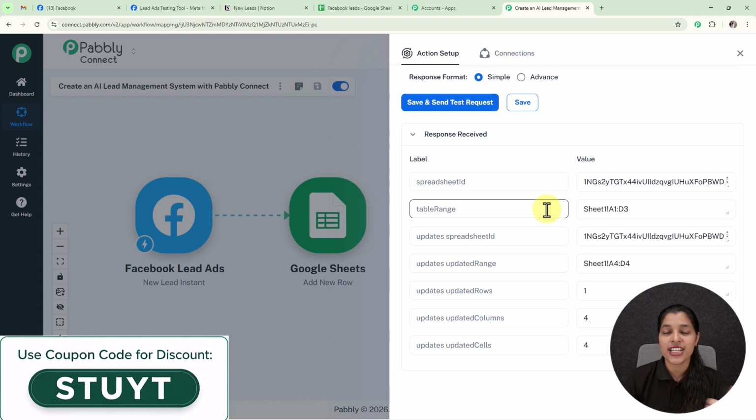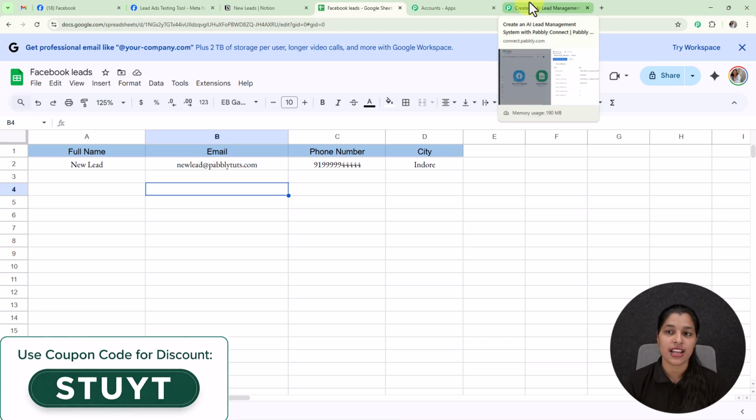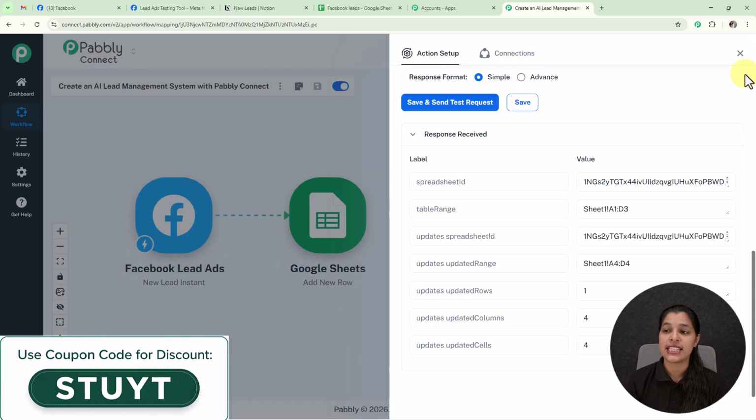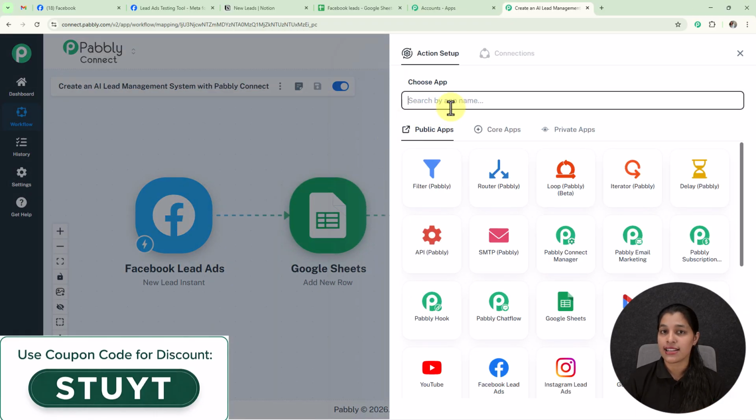So now let's redirect toward our Google Sheet. Here I've landed on my Google Sheet, where you can see the data of my lead: full name, new lead, email, newlead@pabblytudes.com, phone number, and the city is successfully saved. So this shows that we have successfully integrated our first action app, and the details of our Facebook lead are saved successfully. Now let's add OpenAI as our action app, by using which I'm going to generate the summary